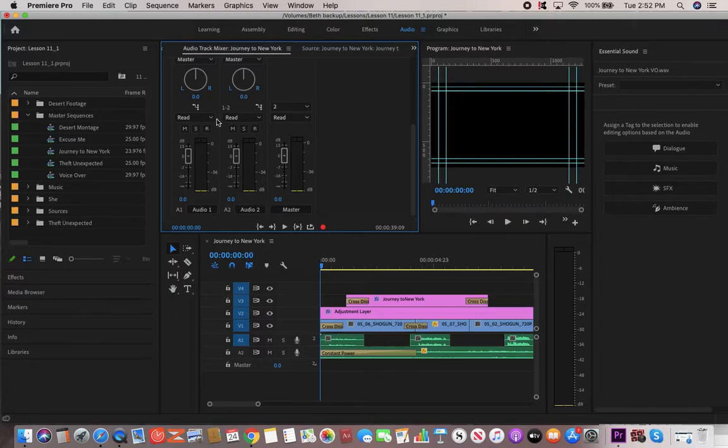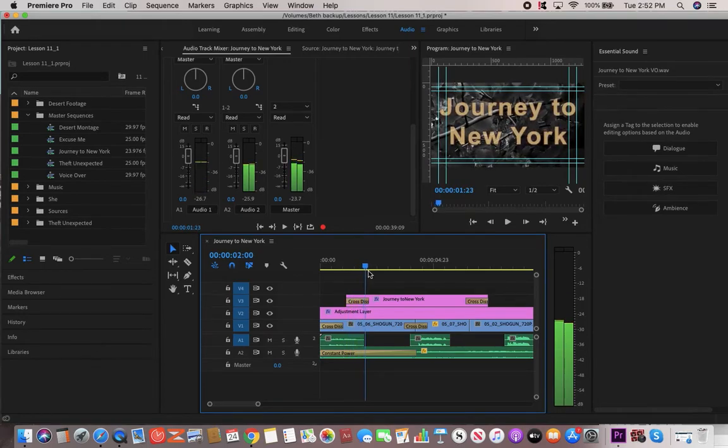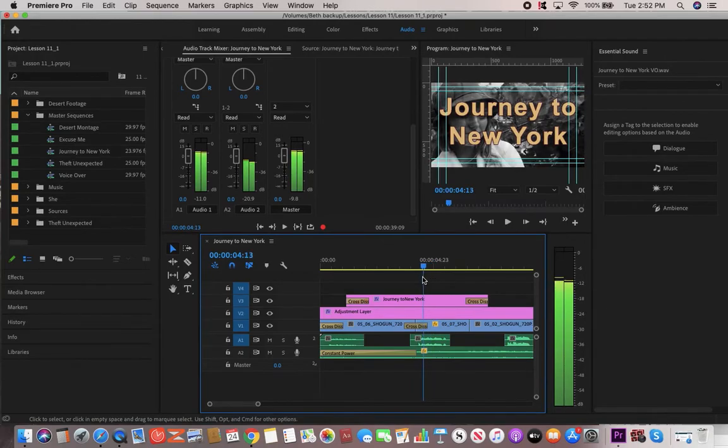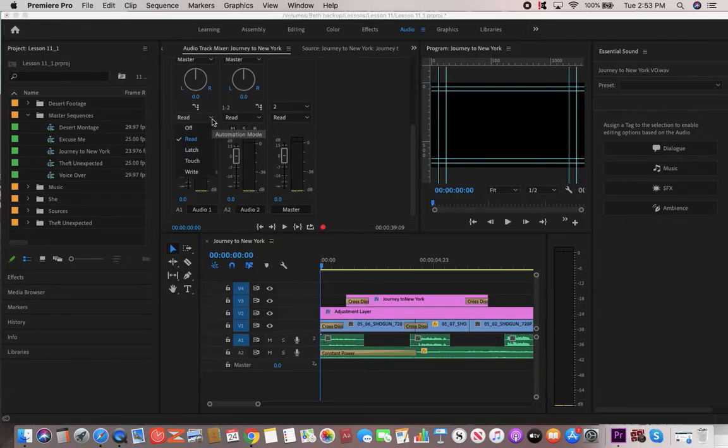something a little similar to the clip mixer. And so you can do the same thing here and listen to these and mix with one another. So you can really do a good job of mixing things together. You can also adjust the master clip. But to do it several clips at a time, you'll need to start your playhead at the beginning, and then you want to put